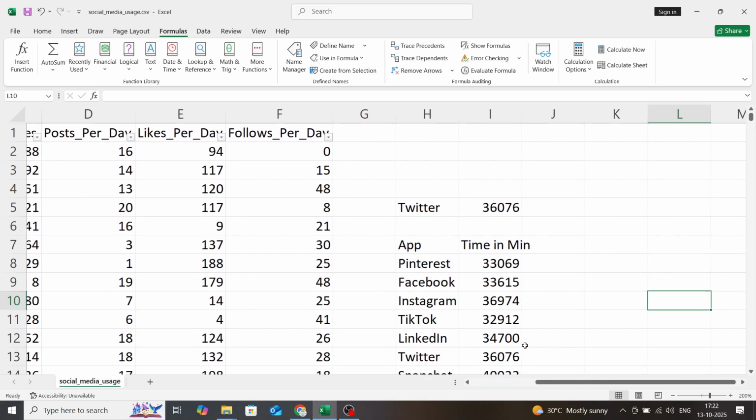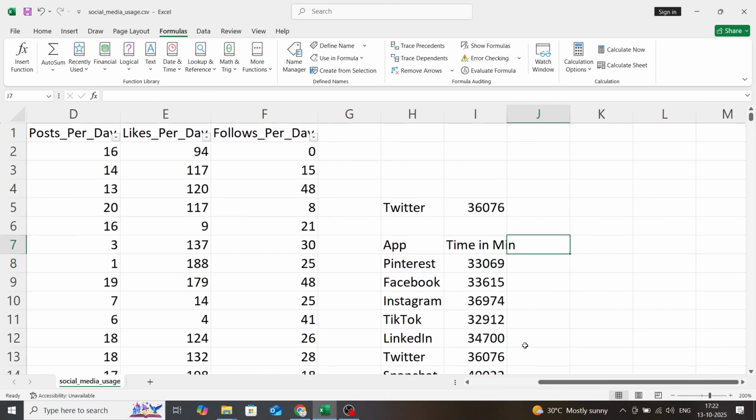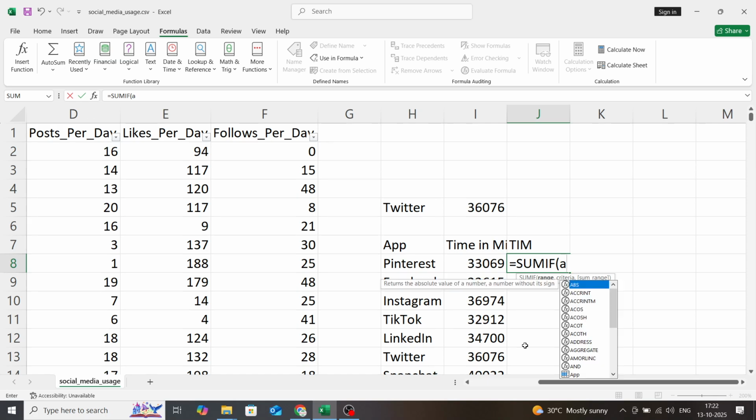I want to calculate this data, time in minutes. How can we calculate this? By using equals SUMIF, and I'm going to use the range. What name have we given to the range? App. So just press App, bracket start, just press App.